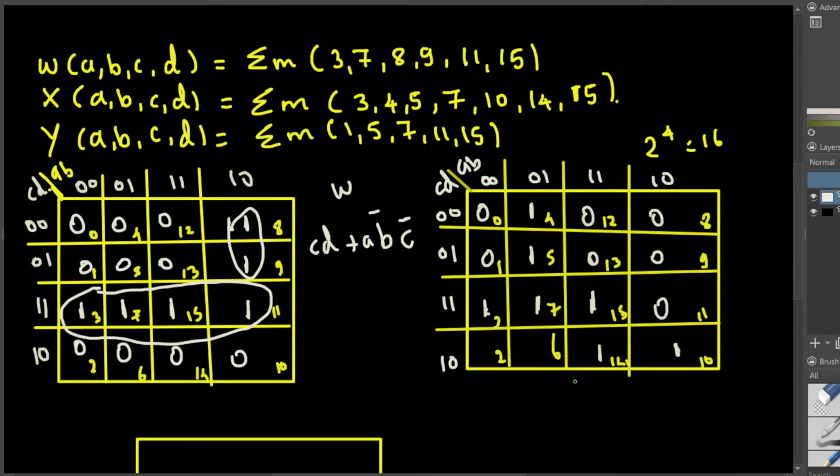So the first thing is, can I combine any of these as 4? There's no possibility, I'm saying. There's no way I can combine this as 4. The next thing is 2. Can I combine any of these as 2? Yes, I can do this one. And when you are combining, make sure that